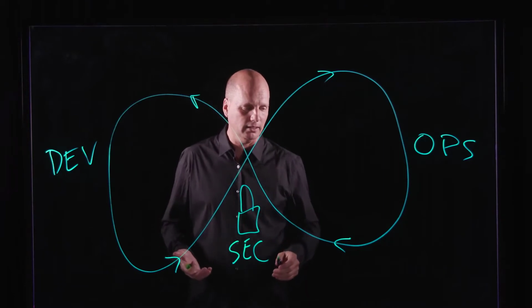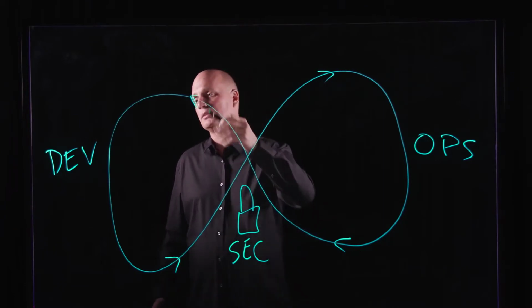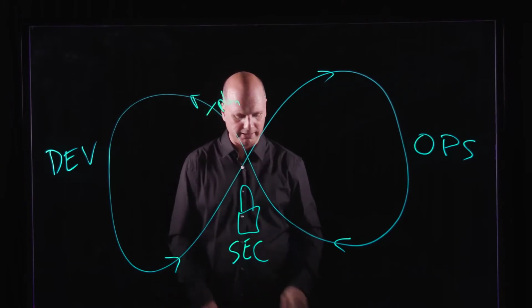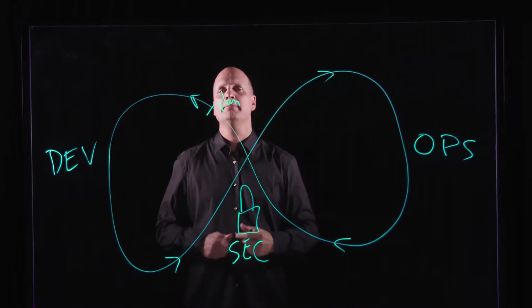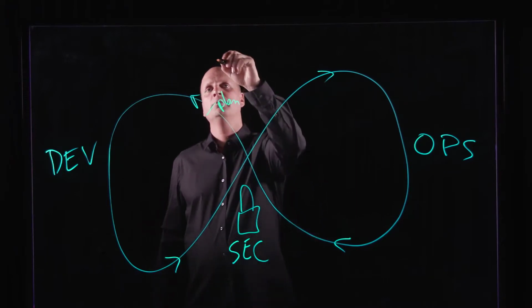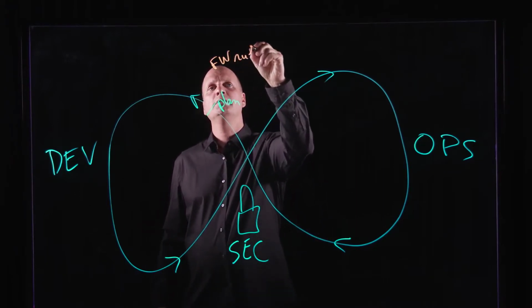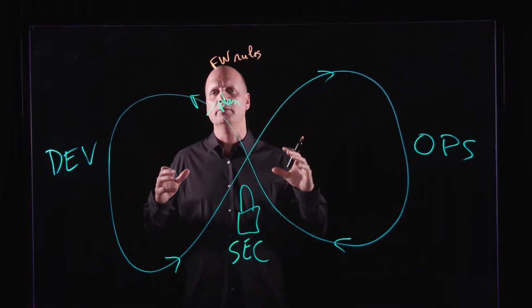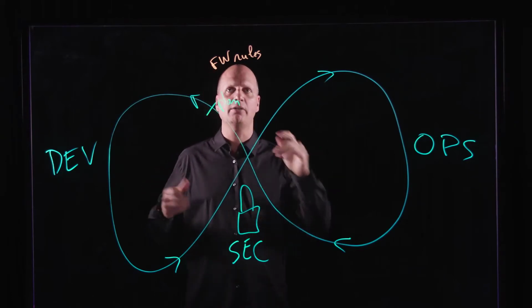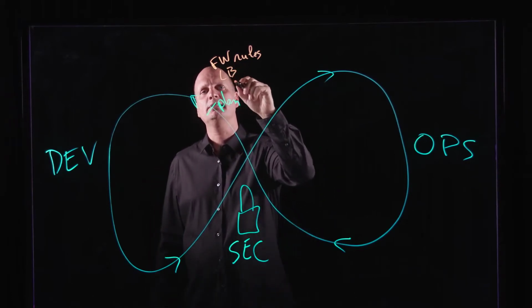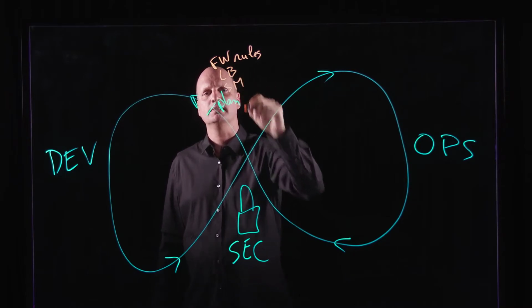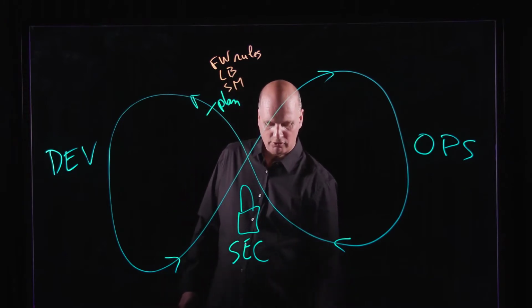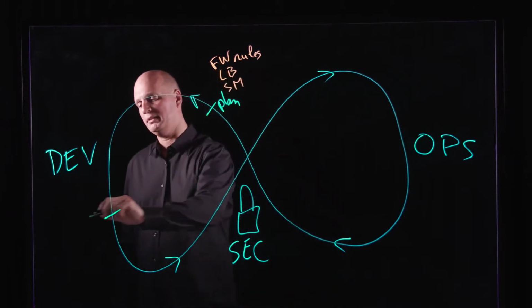So basically, when a new project starts at the development, we want to plan something, and when we plan to create a new application, we immediately think about architecture, we think about firewall rules. If it is a small project or a bigger project in a cloud, in multi-cloud, we will also think about load balancing, about service mesh, etc. Once it is planned, the development team will build the application.